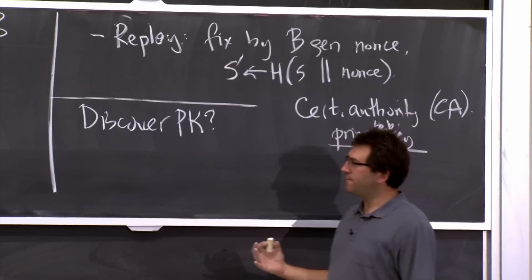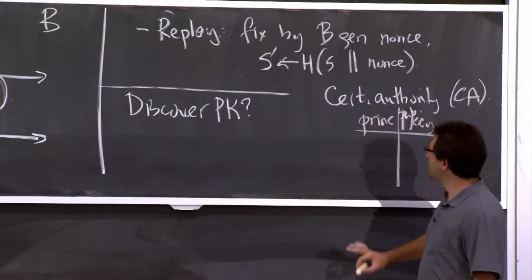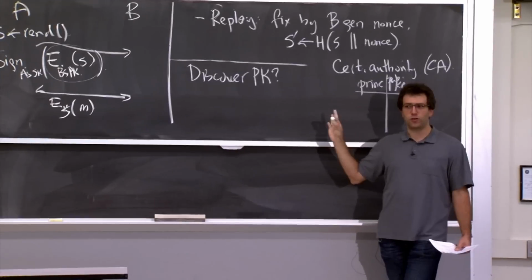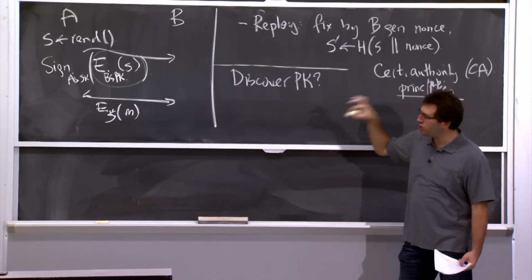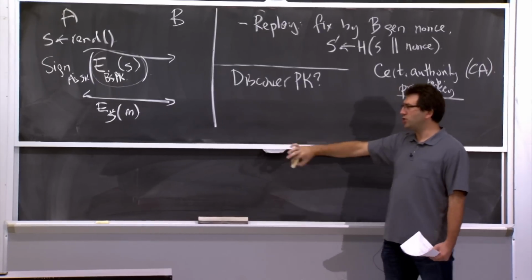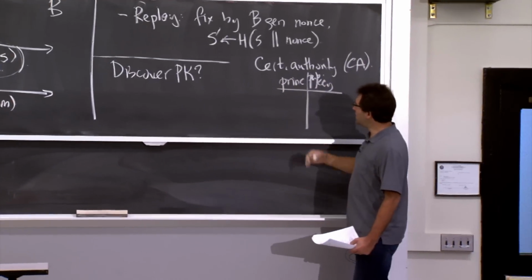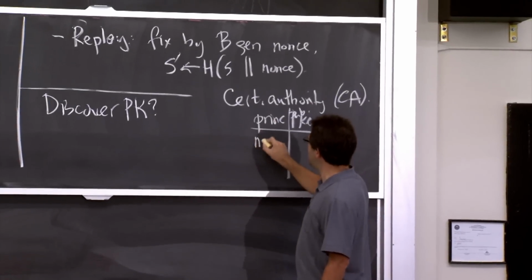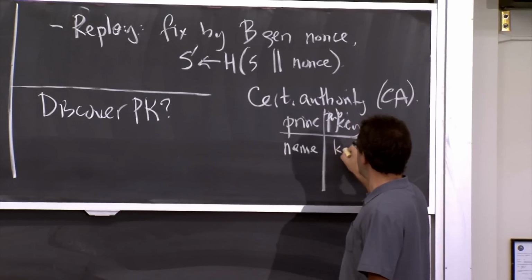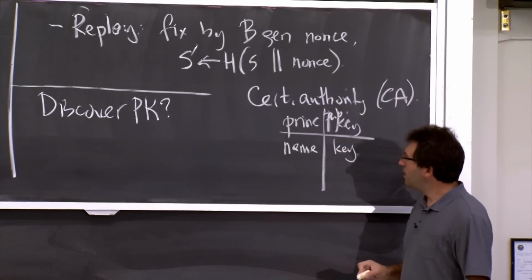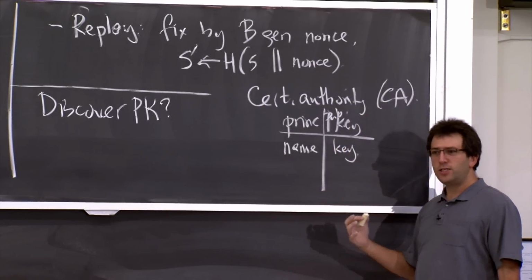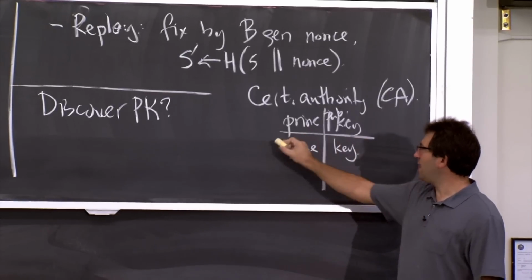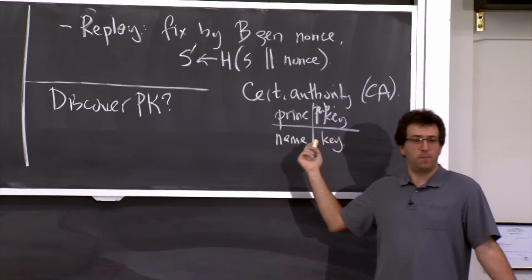And the main difference from the way Kerberos worked is that this certificate authority isn't going to have to be online for all transactions. So in Kerberos, you have to talk to this KDC to get a connection or to look up someone's key. Instead, what's going to happen in this CA world is that if you have some name here and a public key, the certificate authority is going to just sign messages stating that certain rows exist in this table.